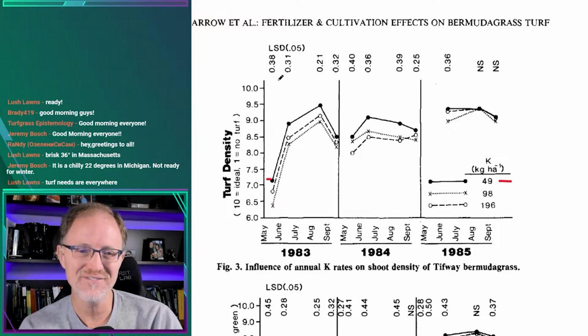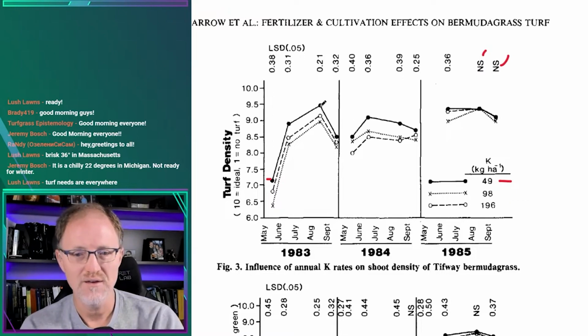And you see it's significant. It's significant in May, June, August, and September. When you see an NS over here and these other ones, that means that the difference was not significant. So when you apply 1 pound of N, you get whatever response. Again, I don't know if that would be different than applying nothing. I don't know. But if you apply 2 pounds or you apply 4 pounds, what I can say in this